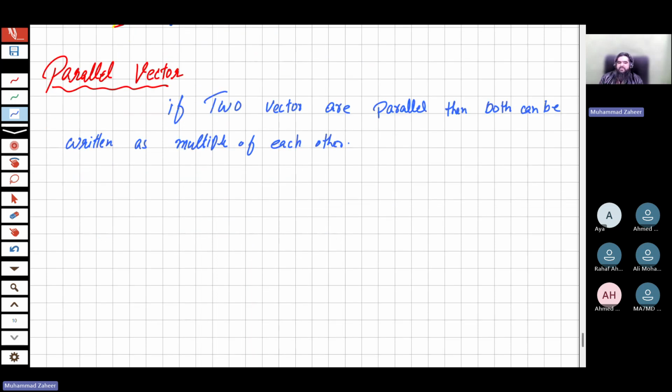Always remember, if the examiner says that it is given, or you know that the two vectors are parallel,